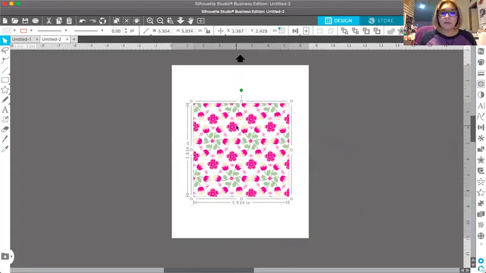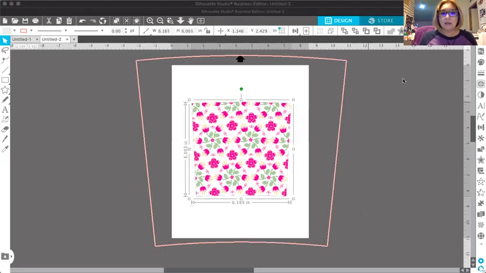Then we want to make sure that we're in the warp panel and on the conical warp icon. We'll hit warp selected, which is our image, and enter our measurements. Our top was 3.5, so let's put 3.5. Our bottom